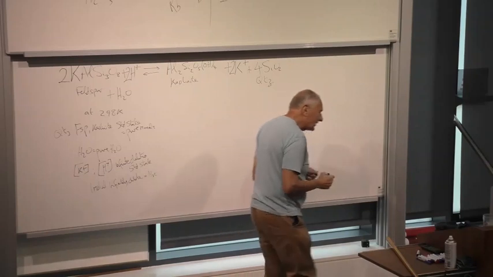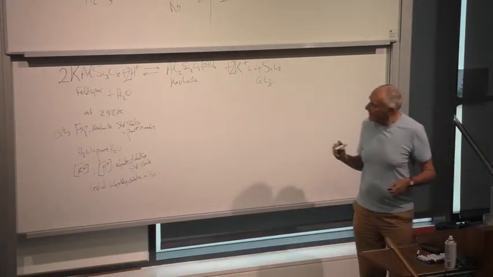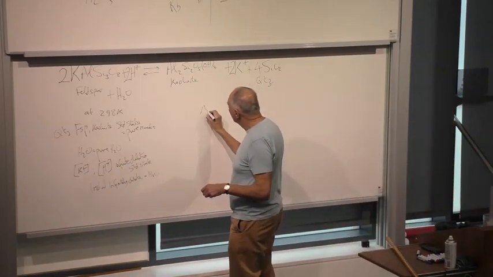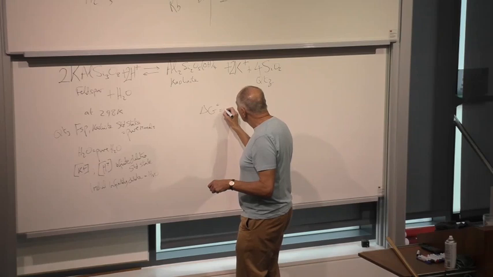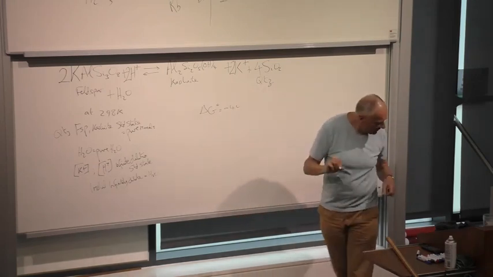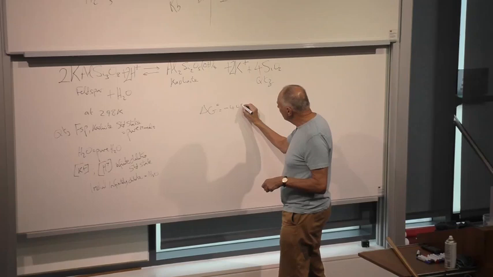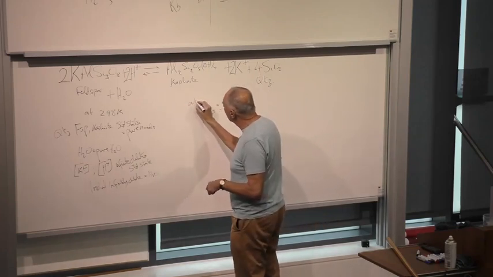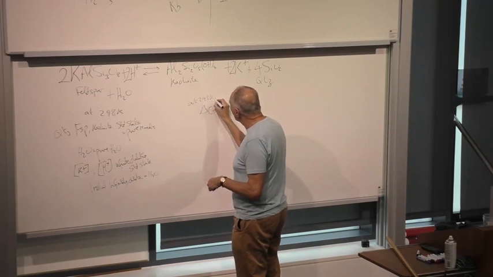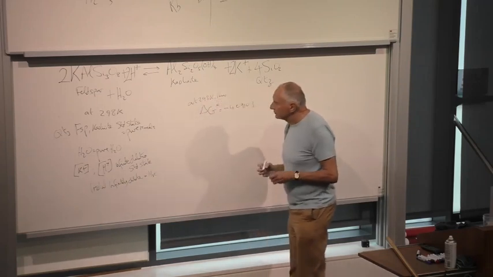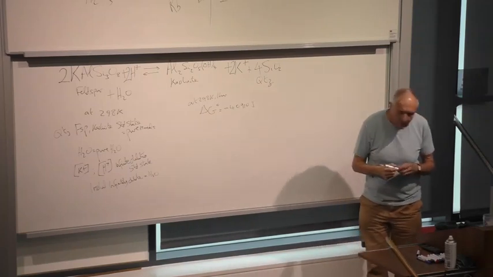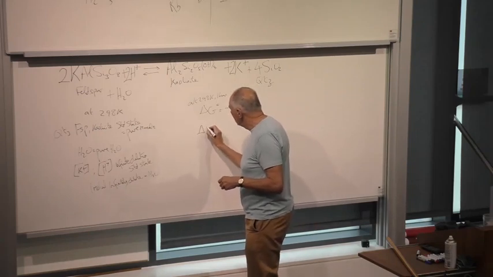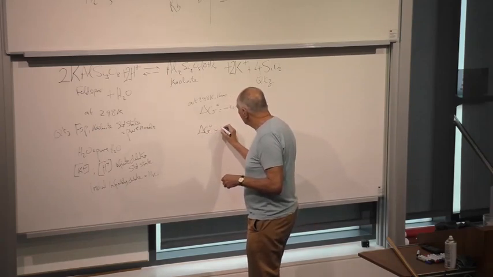So given those standard states, we have a standard state free energy change. Delta G0 is minus $40,910 joules, I've written down, at 298 and 1 bar. So of course delta G0 is equal to minus RT